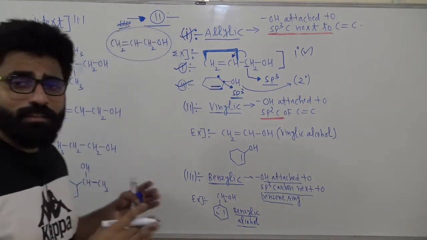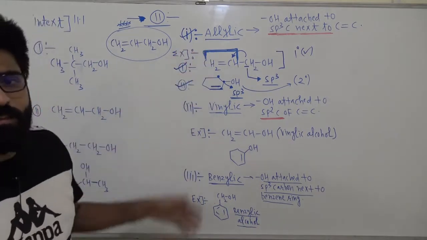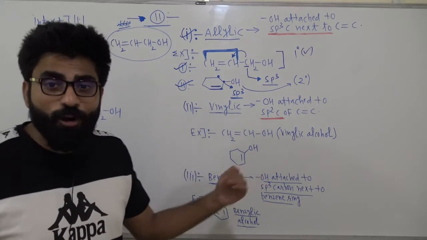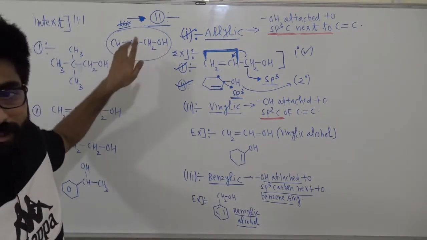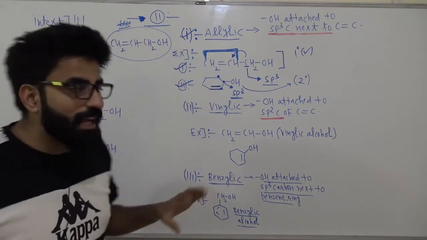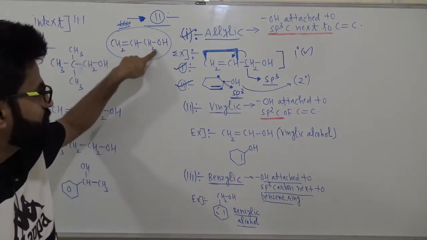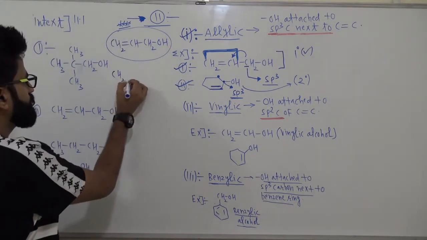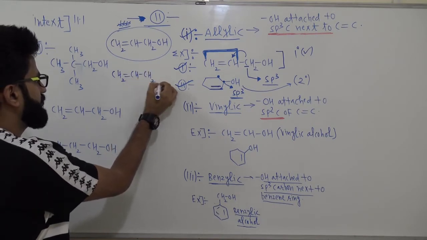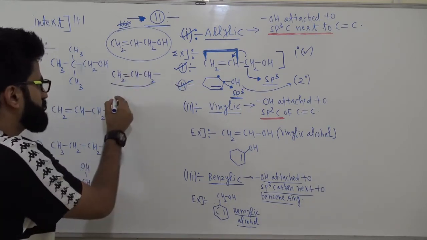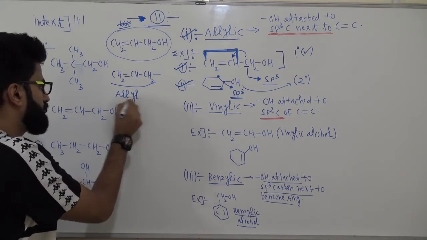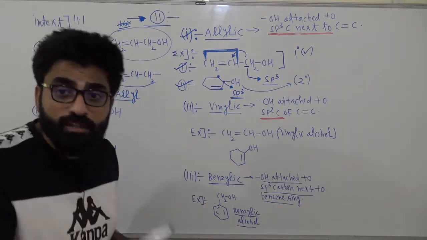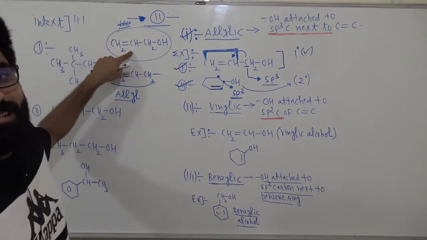And as far as classification is concerned, we can classify different alcohols as allylic. But if they are asking to draw the structure of allylic alcohol, I suggest you draw this structure: CH2 double bond CH, CH2OH. Because in chemistry, this group, CH2 double bond CH, CH2, where one valence is free, is called the allyl group in common naming. So if they ask you to draw the structure of allyl alcohol, you have to draw this structure.